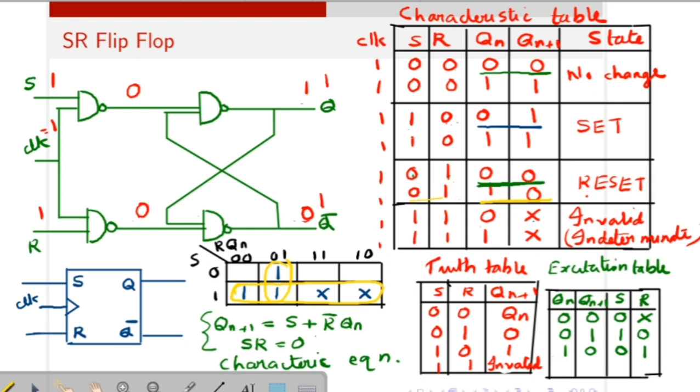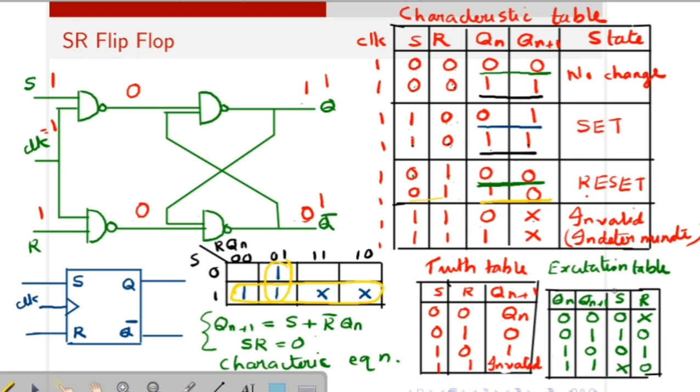Then next is 1, 1. Okay, 1, 1. So here 1, 1, 1 and here also 1, 1. Two entries are there. See the S and R columns. S is equal to 0 and here it is S is equal to 1, but R is same for both entries. R is equal to 0. That means R is equal to 0 for Qn is equal to 1 and Qn plus 1 is equal to 1, but S may be don't care whether it is 0 or 1. So S is don't care. That means for 1, 1, R is equal to 0 and S is don't care, right?